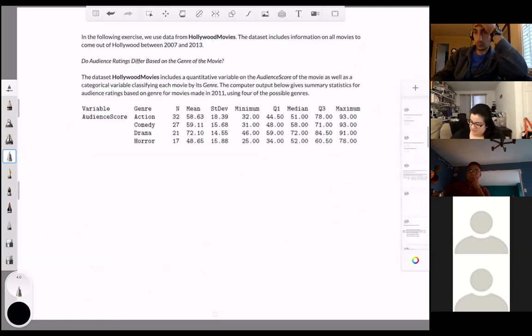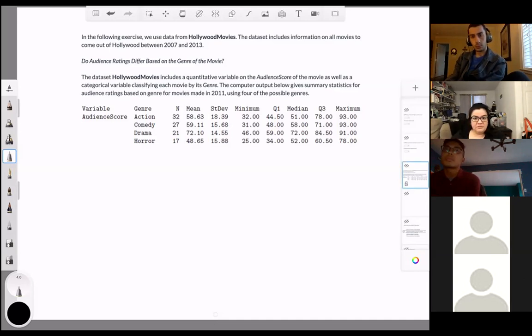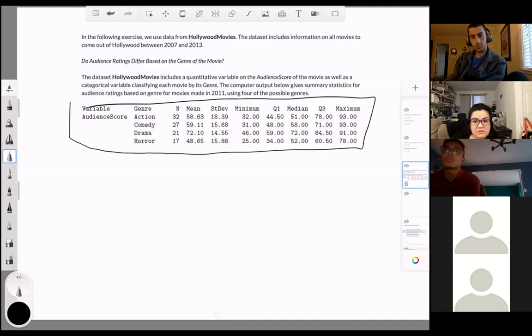Let's do some real data. Scroll: mean, standard deviation, median, Q1, minimum. N, mean, standard deviation,